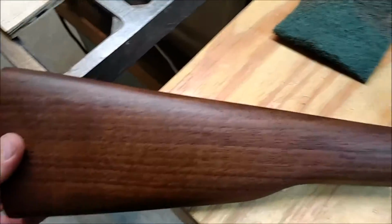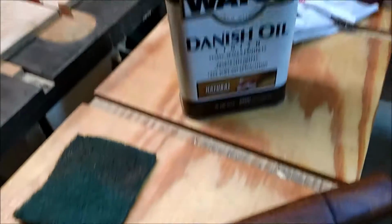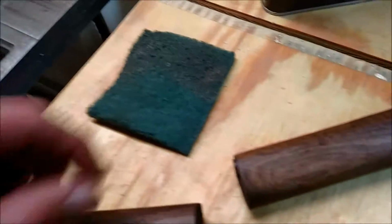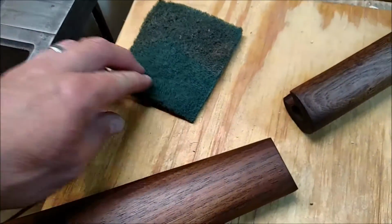Here's the stock so far. Pretty much done with the finish for now. Put about 4 or 5 coats of Watco Danish oil on it. In between some of the coats, I tried to rough up the surface a little bit with this Scotch-Brite pad,